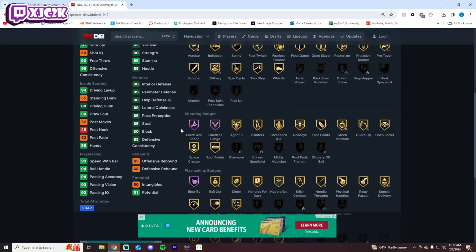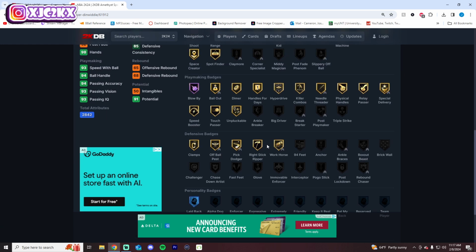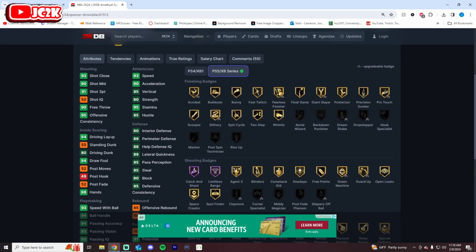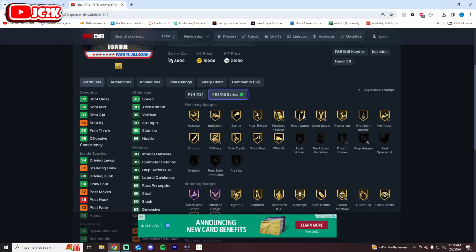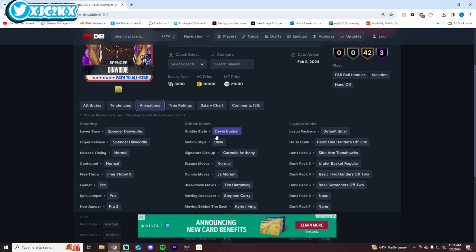He's got great playmaking badges, great shooting, and great finishing, but also pretty good defense. Gold clamps, off-ball pick dodger, right stick ripper, and workhorse. Defensive stats are pretty good. 93 speed, 90 accel, 91 3-ball, 80 driving dunk. He's a 6'5" PG, has the key finishing badges he needs. Elite shooting and playmaking badges, and then capable slashing, D-book dribble style, pretty good sigs all the way around, a